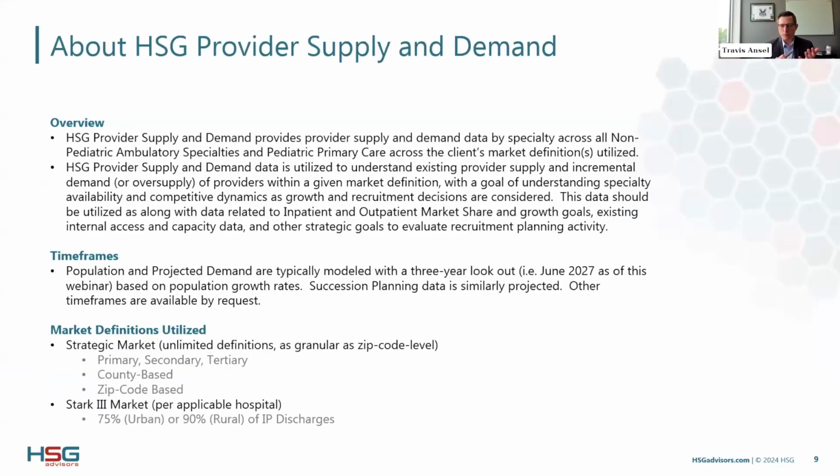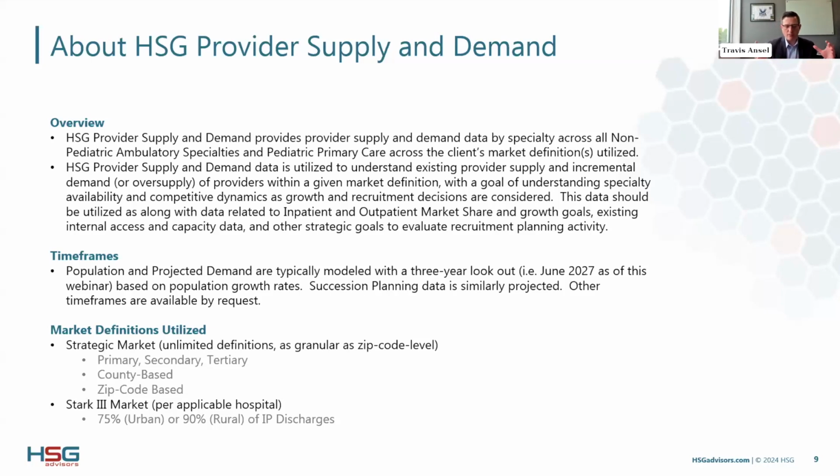So starting off with when we talk about what is provider supply and demand. This is really the supply and demand and succession planning data that we've tried to make as visual and strategic as possible, focused on, looking at the first bullet here, really ambulatory specialties. Sometimes we get questions about hospital-based specialties and what do I need in terms of emergency room coverage or hospitalist coverage or laborist coverage. That's really a different model. That's really hospital-based volume. What we're looking at here is really ambulatory,